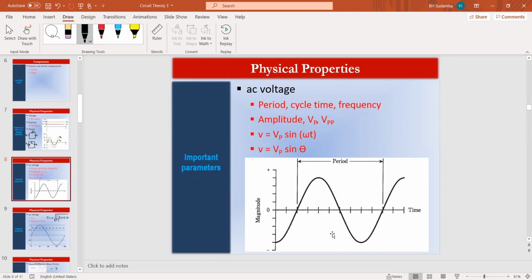In this AC waveform, you can see that it's a periodic signal. Because of that, it has a starting point and an ending point also. From the starting point to the ending point, this is the period. Okay, this period we can call periodic time. This is T, and in this wave you can see the zero voltage is there, and maximum